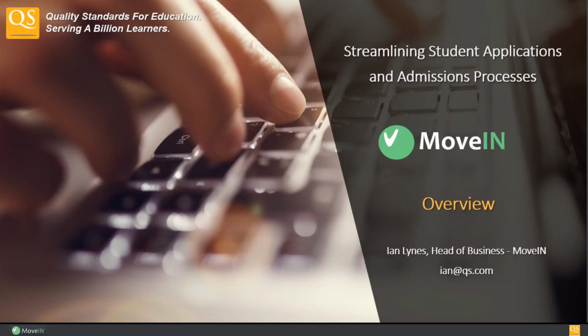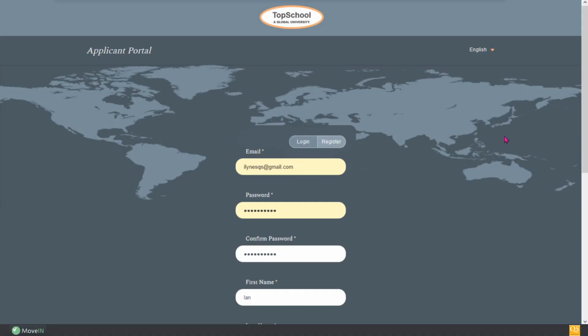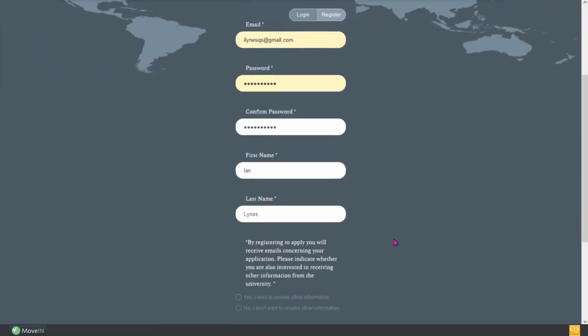So first, the applicant view. This is just an example of a fake school called Top School, and this is the Applicant Portal registration page. Obviously you would change the logo and the background image and the fields as you see fit for what you need in order to register. So in this case, email address, password, names, and the GDPR registration to say that I'm happy to receive further